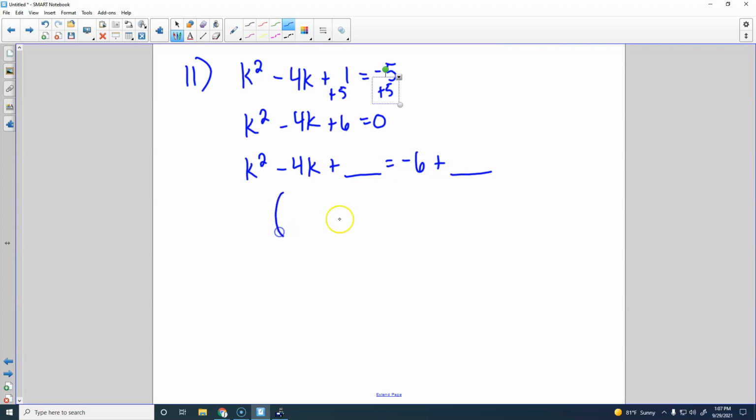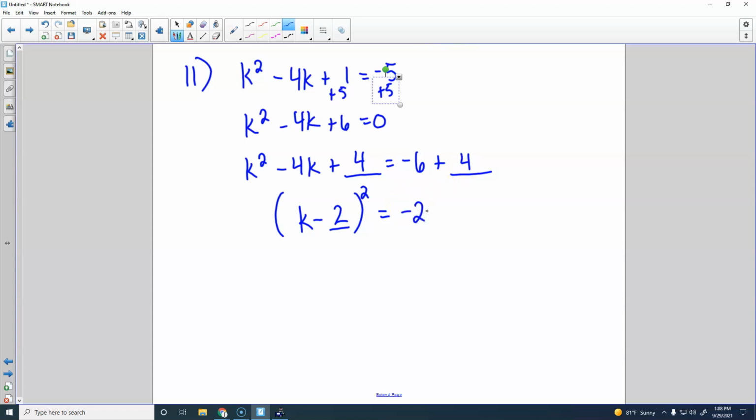Okay? We want to factor this. k minus blank squared here. So what number goes in this bottom part here? It'll be 2, because it is half of 4, right? We're undoing our double. What number goes in this top blank right here? 4. 2 squared is 4. If I add 4 to this side, I got to add 4 to this side, which gives me a negative